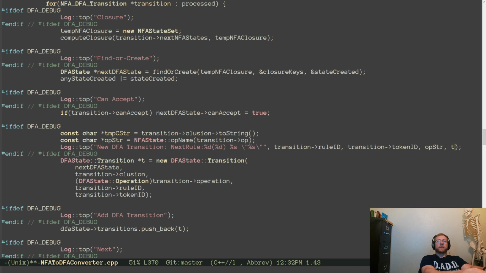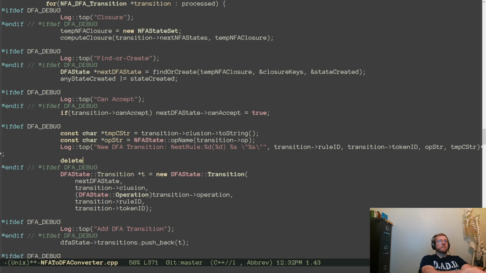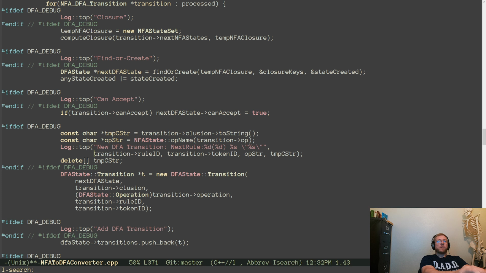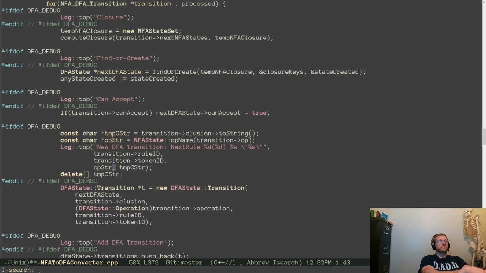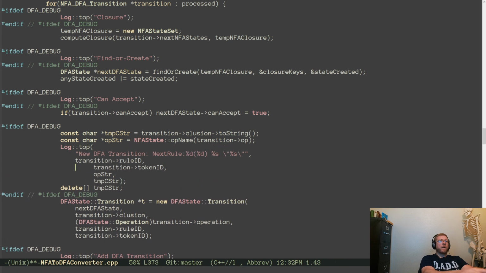Op string temp C string. And we need to delete the temp C string. We do take ownership of that. Okay, so we get a lot more information about what state we're looking at now.